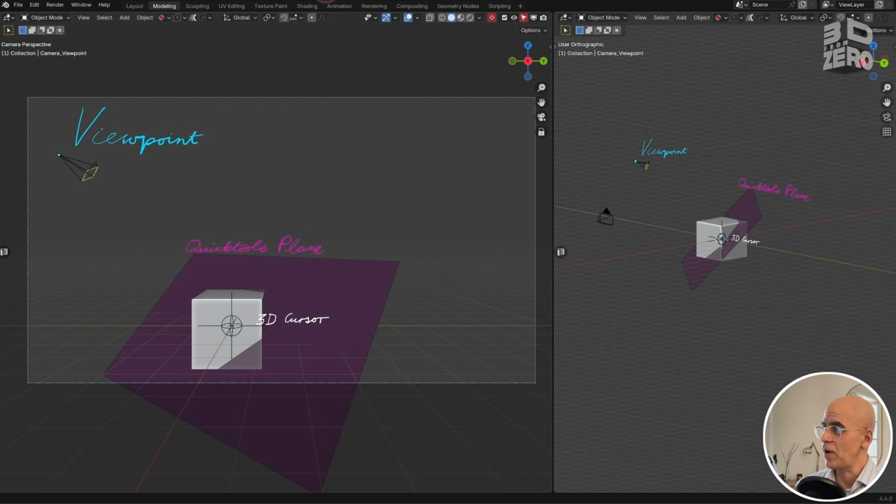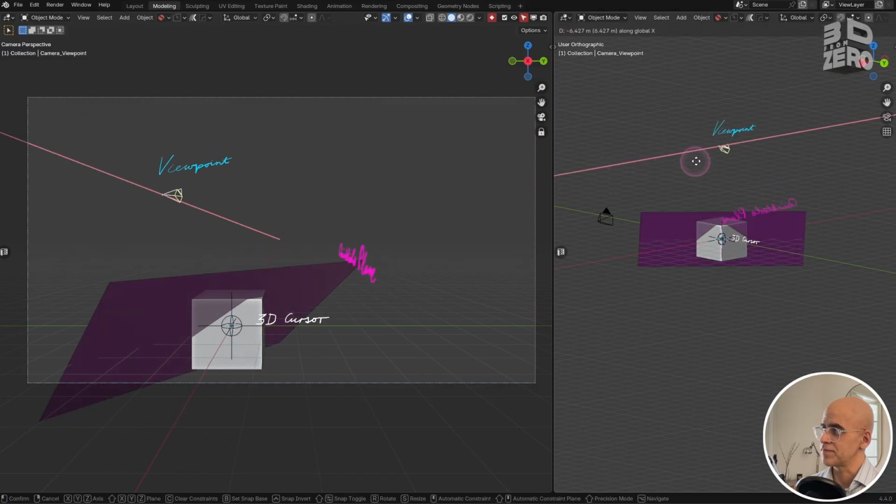And you can see what I mean in this little demo scene that I've made. See, this pink plane here represents where Quicktools is going to operate. And this camera here represents my viewpoint. Now, I'm going to go into this other viewport here. If I change that viewpoint by moving that camera, remember that's pretending to be my viewpoint, say G X,